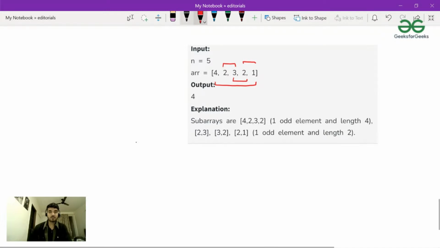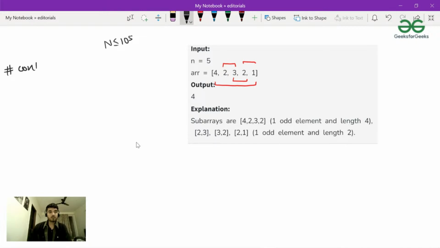So this problem can be solved with the help of the contribution technique, and make sure to remember this technique because it is applicable for most such problems where you cannot iterate over all the subarrays because of the restricted time limit. The value of n can be up to 10 power 5. So you cannot iterate over all the subarrays, otherwise the time complexity would be n square, and that would definitely give you TLE. So in such problems